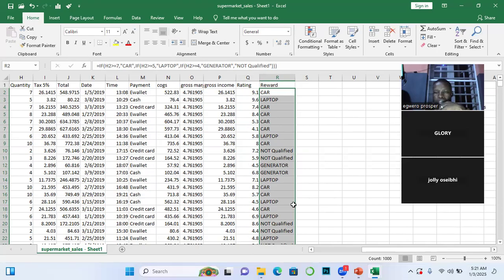Yes, I have a question. Okay, sir. When we're referencing at IF, we now select the cell 7. And then we are still putting in front of it again, greater than or equals to 7. I was thinking that the greater than sign will come before the cell. Because we are saying if it's greater than 7, then we selected 7, because the first cell you reference is actually 7, the first cell on the quantity column. And then you're now writing in front of that 7 again, greater than 7, greater than or equal to 7. So I'm just wondering